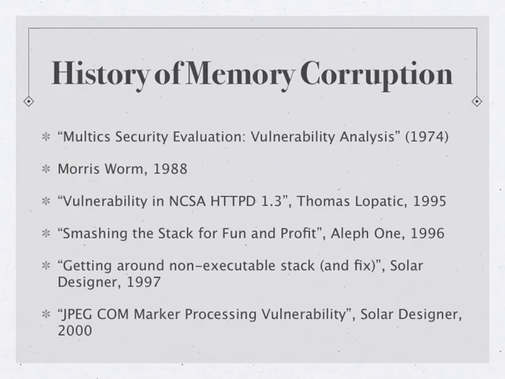I think the first public mention you can see of exploiting memory corruption is this Air Force report on testing the Multics operating system to see whether it's safe enough to use for multiple levels of classification. And one of the kernel vulnerabilities they discover is something that lets them write arbitrary values to a piece of protected memory, and they say, oh, we can exploit this vulnerability to do this, this, and this. And so it's pretty much the same as what you do on a kernel exploit these days. But no one really paid attention to it, and it was kind of forgotten about until